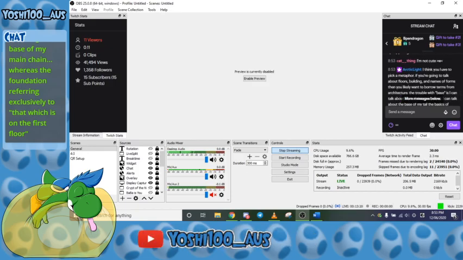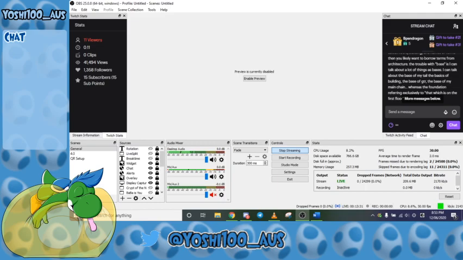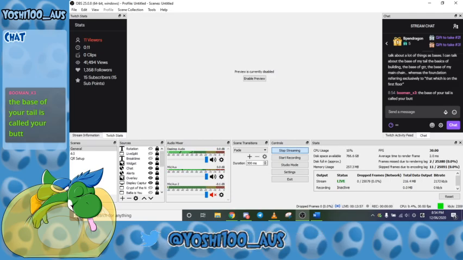I think you have to pick a metaphor. If you're going to talk about floors, building, and names of forms, then you likely want to borrow terms of architecture. The trouble with base is I can talk about a lot of things as bases. I can talk about the base of my tail, the basics of building, the base of GTR, the base of my main chain, as the foundation referring exclusively to that which is on the first floor. Very strong arguments there. Yeah, so you can use base to refer to